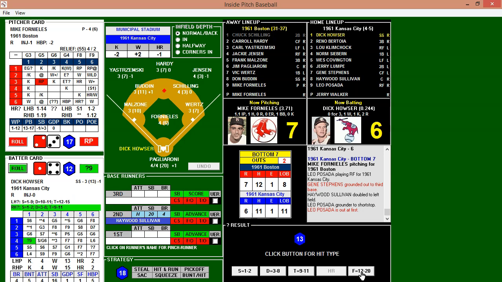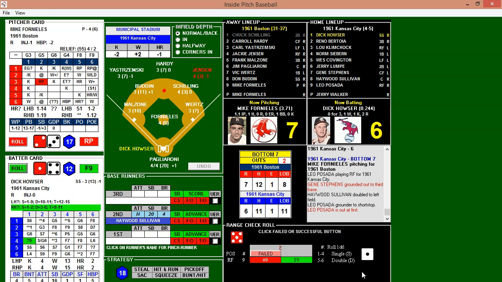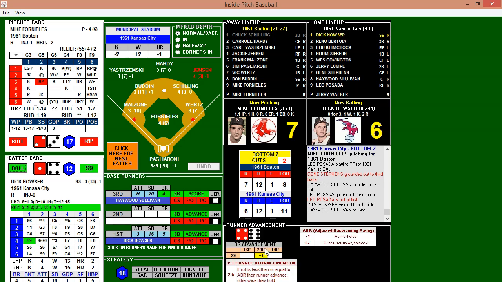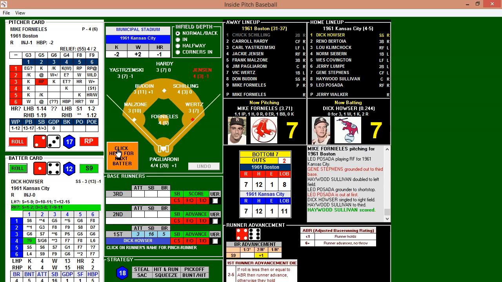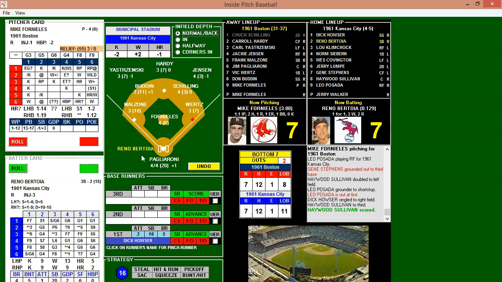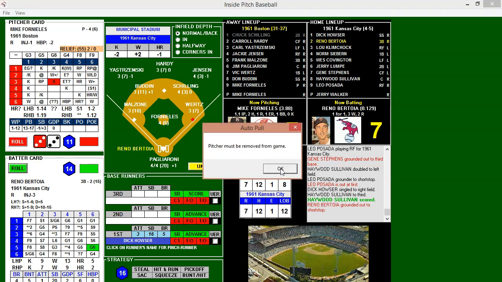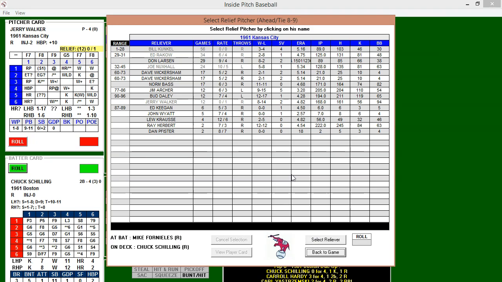And that's going to be a fly ball to right. Jensen. Oh, unable to get to it. It's going to drop, and that will score the tying run. So Jensen unable to get to it. And the tying run comes home. So 7-7 now. So the Red Sox bullpen blows it again. That's going to be it. Fornellis is out of there. Actually, Kansas City. Fornellis is still in there, technically.